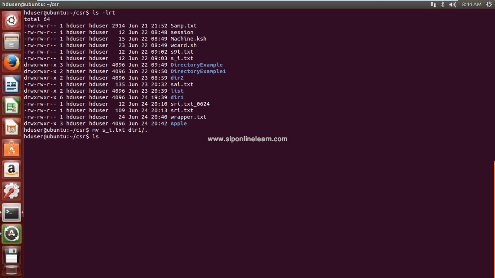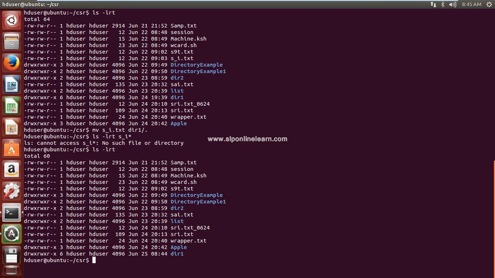Let us check in the present working directory first, then we will check in dir1. Okay, so we'll check with the same name s_i star. No such file or directory. If you want, you can check ls -lrt. Is there any file with the name s_i.txt? No. What happened?